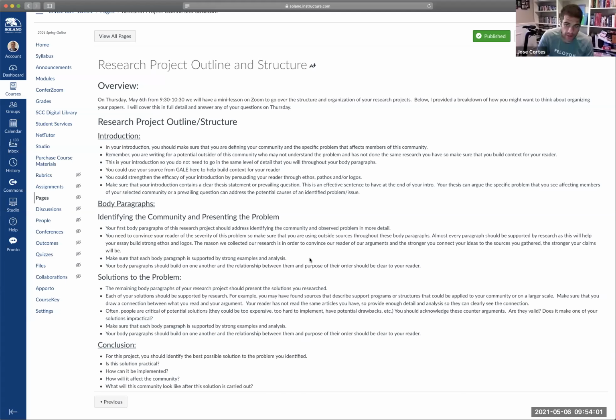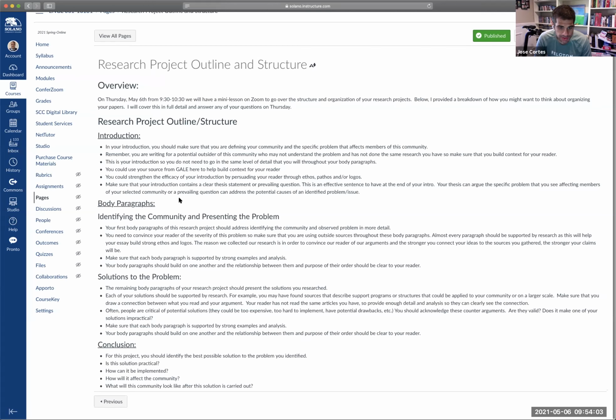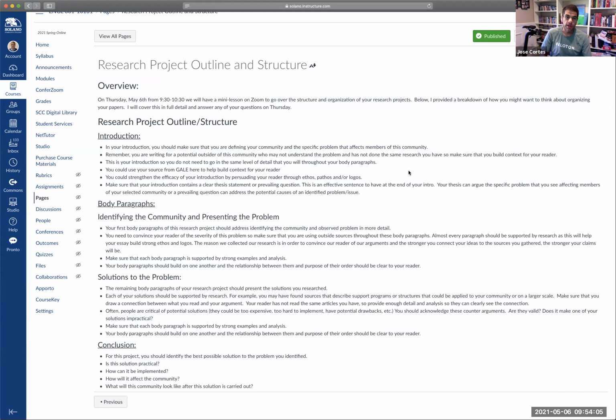So let me share my screen really quick, and then we'll be talking about the structure of the research paper. This is taken directly from what's in our module for this week under research project outline and structure. Okay, so I want to talk about each component: the introduction to this essay, the body paragraphs broken up into 2 different points, or 2 different sections of the body of your essay,